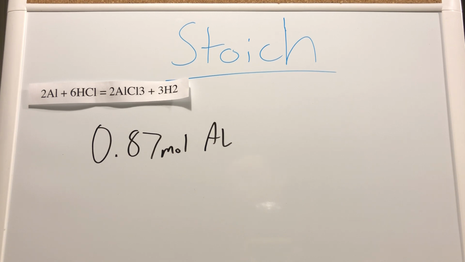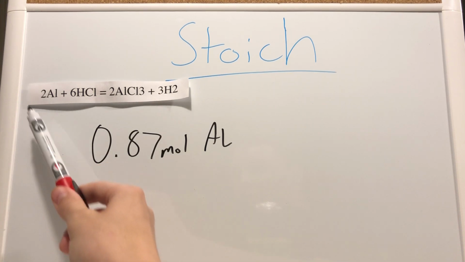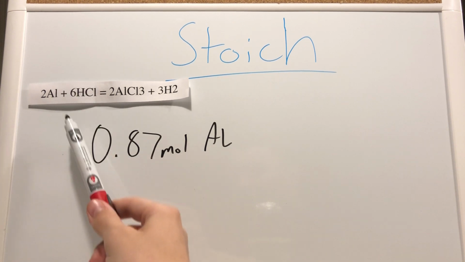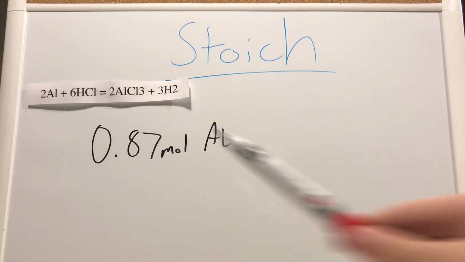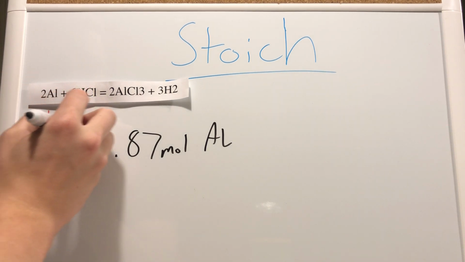For this, you have to have an understanding of mole ratio. This is where you're only going to look at the coefficients. You're not looking at subscripts or anything like that. So we're going to go over here, and we see that the aluminum has a coefficient of 2. And what we're looking for, our hydrochloric acid, has a coefficient of 6. So let me just draw that. We're going from here